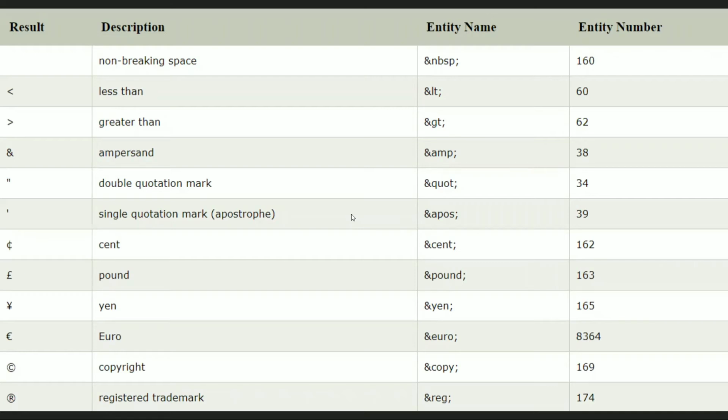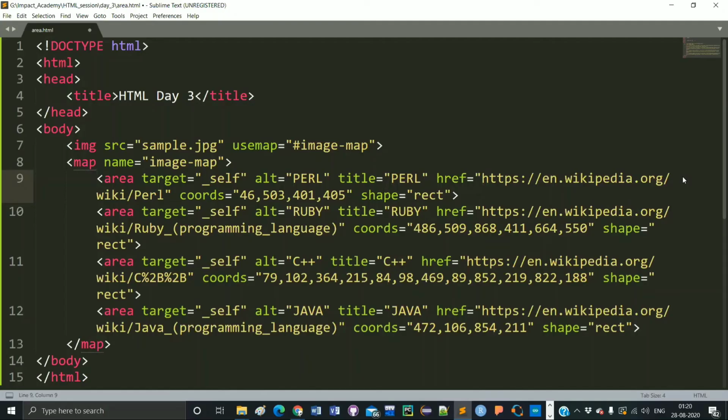So let's move to another tag. Suppose you want to hyperlink an image, or you want to hyperlink different parts of an image. How can you do that? Yes, you can do that using the area tag.